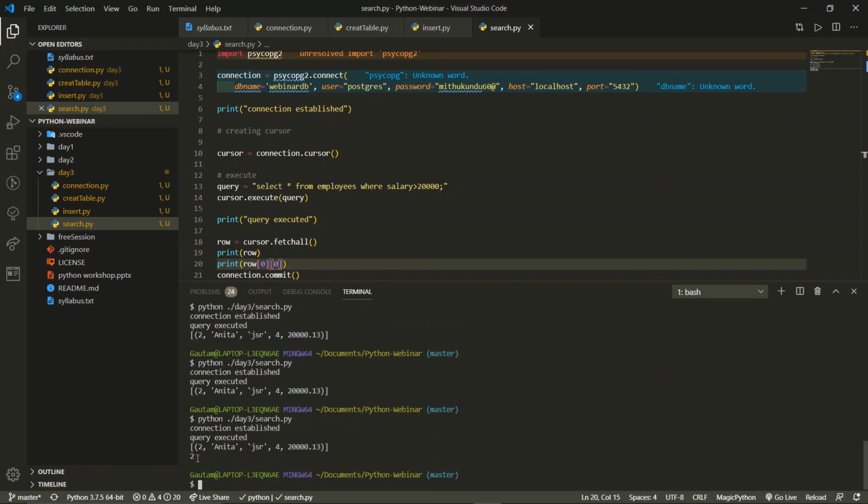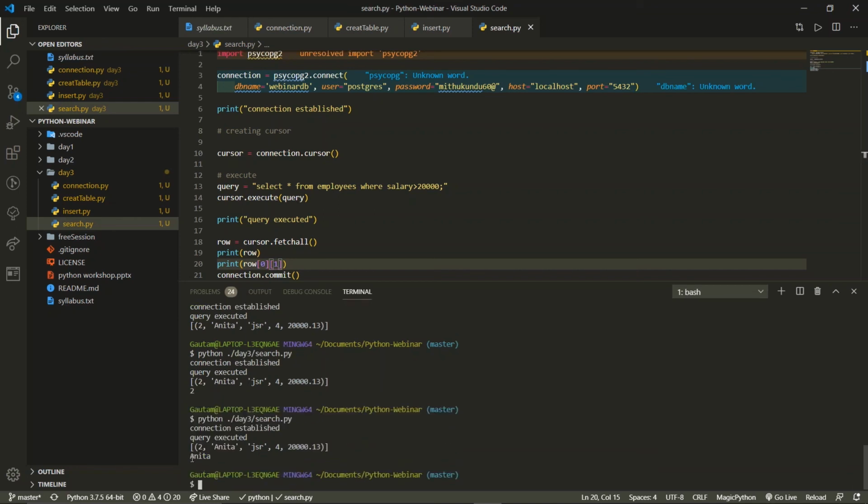So let's see. Here [0][0] means this ID. If we want to get the name, then we will write [0][1] and then we'll execute this. See, we got the name. So in this manner we use this data. After fetching this data, we can utilize it in n number of functions.